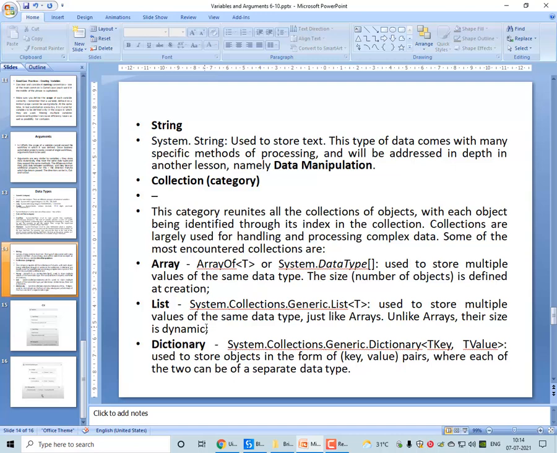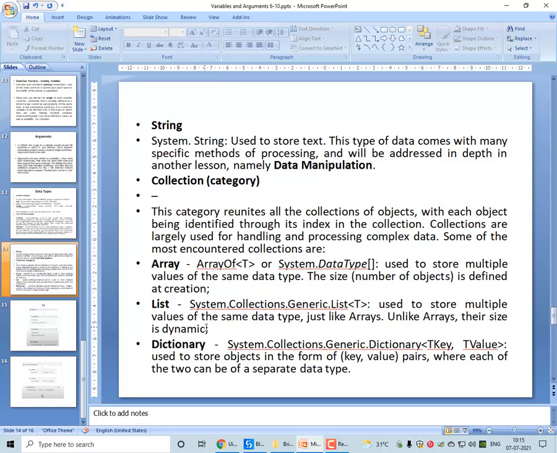Talking about variables, there are different types of variables, as we have seen: strings for storing names, and collections. There are different types of lists where we can have a number of similar data elements in a collection.